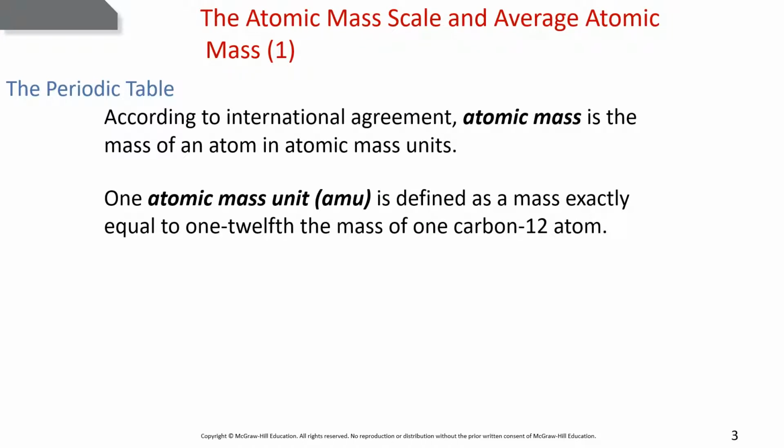When we talk about masses of elements and compounds, we're literally just talking about how much stuff takes up a certain amount of space, kind of like density. For this chapter and this chapter only, we are going to be referring to atomic masses as the atomic mass unit. And we can use the carbon-12 atom as kind of our standard form. So all this basically means is if you look at a periodic table, each element has a mass there, but the mass you see on that periodic table is actually an average of all the isotopes of that element that